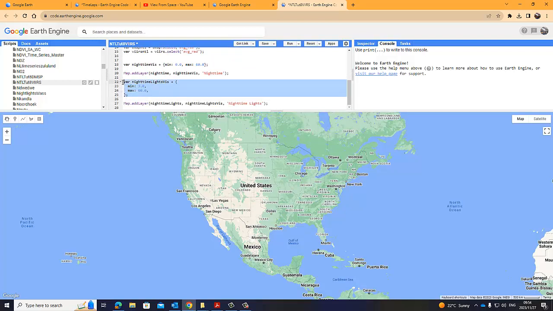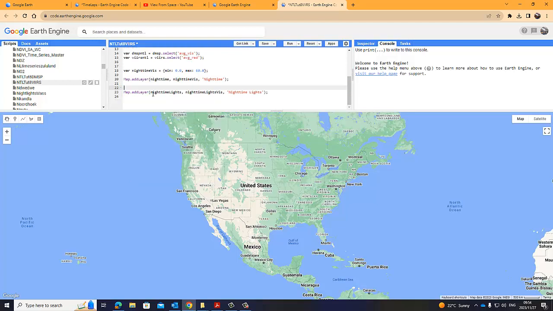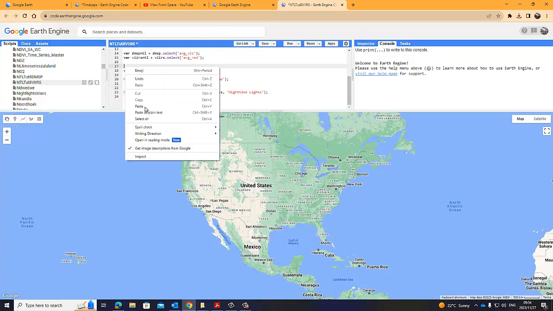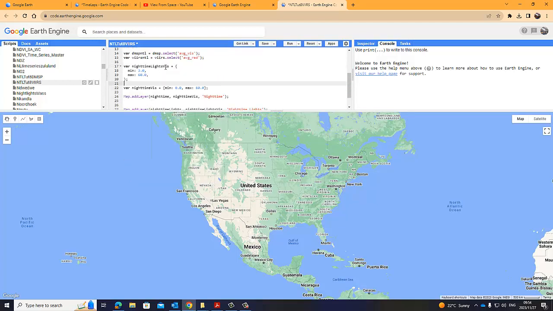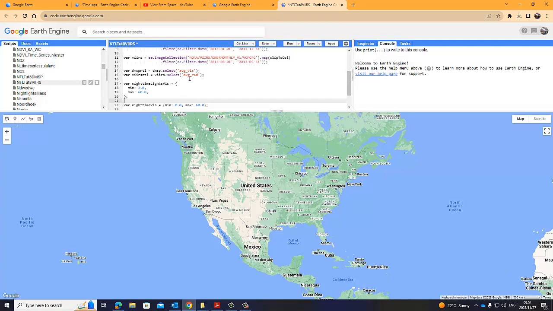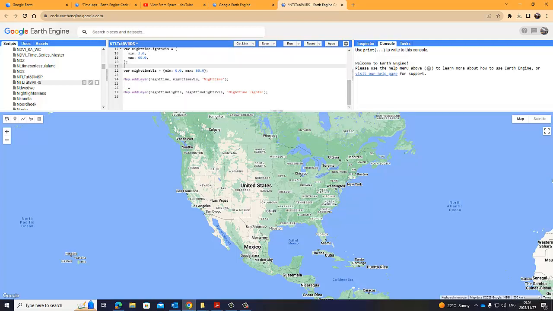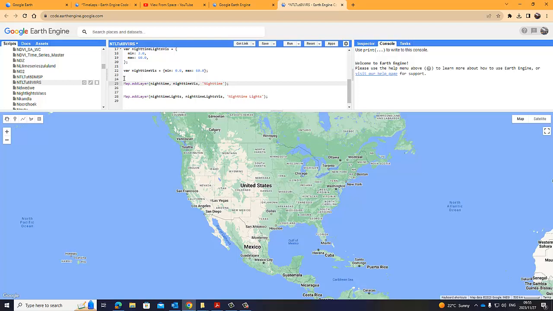So they have different visualization parameters, and I'm going to leave it as it is. I'm not going to tinker around with that. Obviously, there are no color palettes. We can do that a bit later. But yeah, I'm going to leave that, and there's my code for adding the layers, adding those